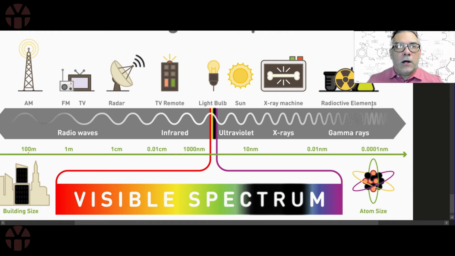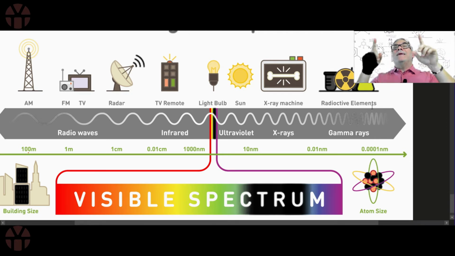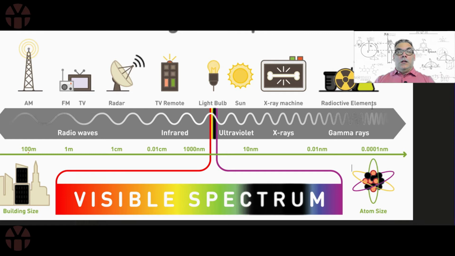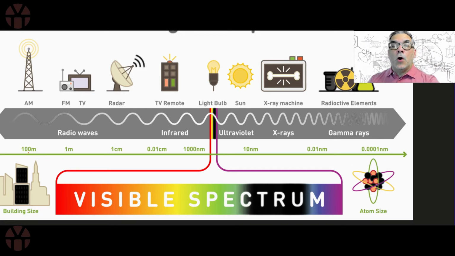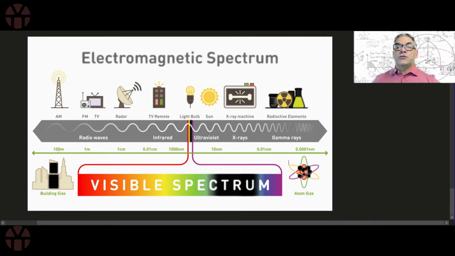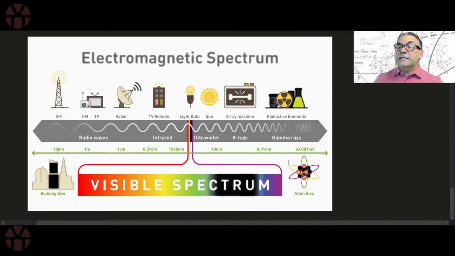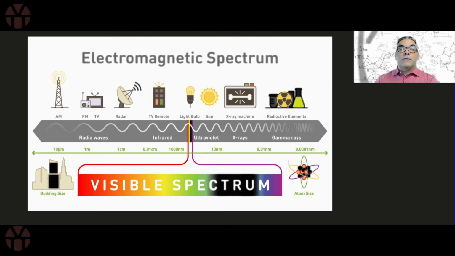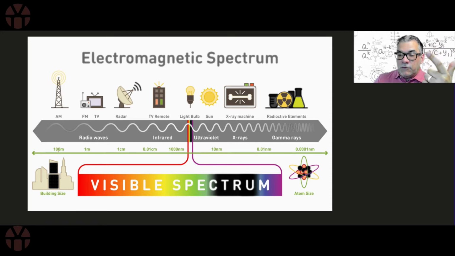But you knew that they all had to travel at the same speed because they were all part of the electromagnetic spectrum. They were all part of this electromagnetic radiation. So what we're going to find is that the minute you say it's electromagnetic radiation, whether it's a radio wave or it's a gamma ray, right, or a gamma wave, it's still going to travel at 3 × 10⁸ meters